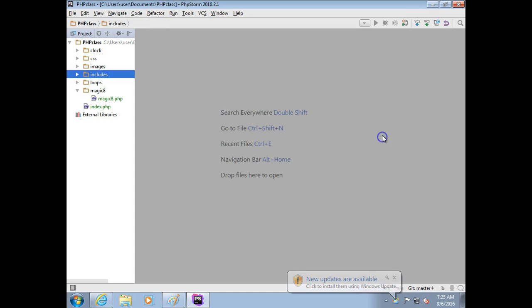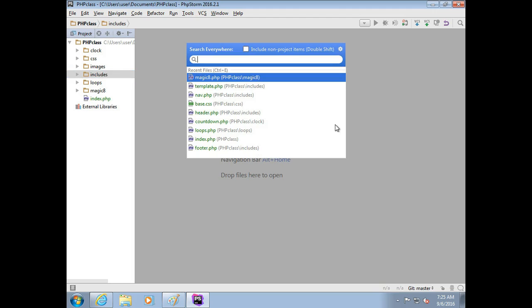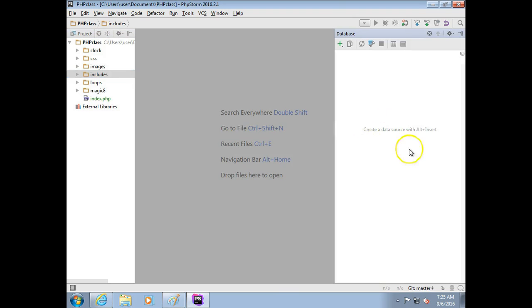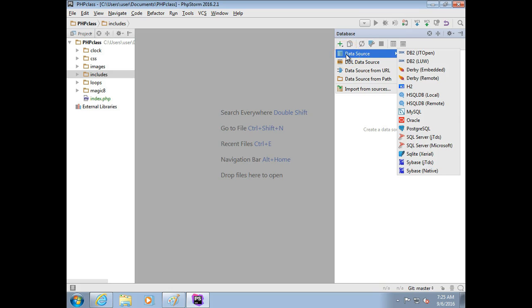Okay, so we left off with projects. So what I'm going to do is I'm going to double tap that shift key. So if I do shift and type in database, hit enter. So I've got my databases over here on the right hand side. So what I want to do is I'm going to click on the plus, and I'm going to go to my data sources, and over here I'll have MySQL. So I'm going to select the MySQL option,